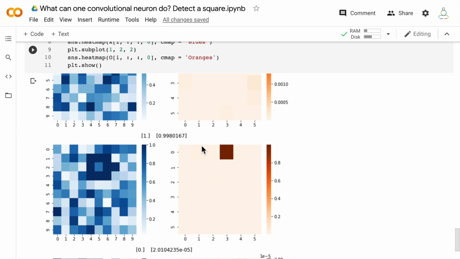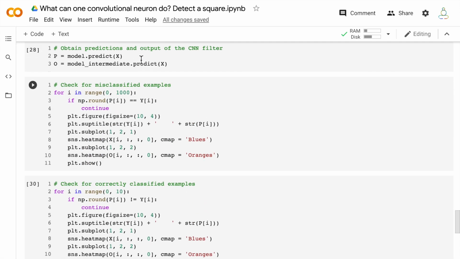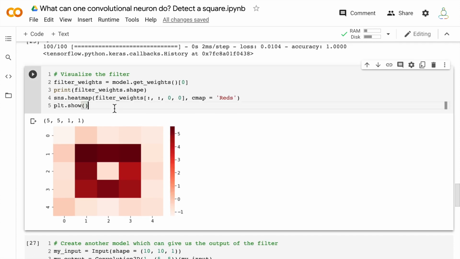Actually this is correct because 10 by 10 reduces to 6 by 6. So the center here is actually over here. So this exactly learned to find a square center and produce that as a very high value. Clearly, this is the power of a single convolutional filter. So one filter, when it learns to appropriately set its weights, so let's actually print these weight values